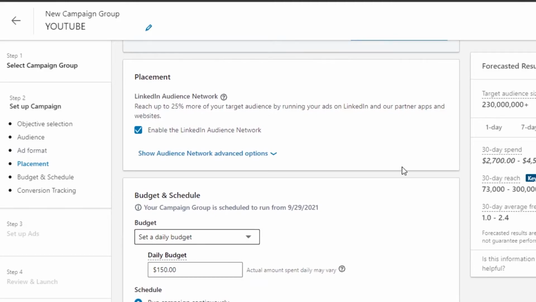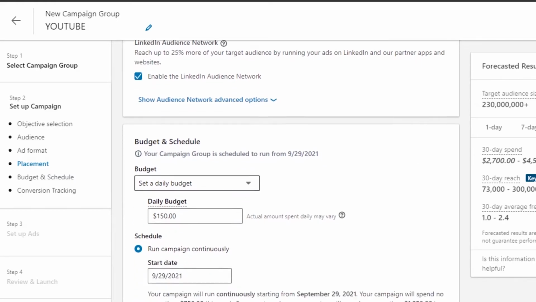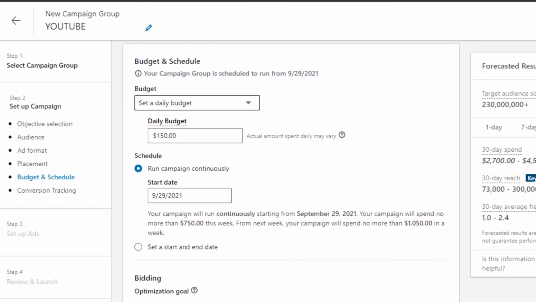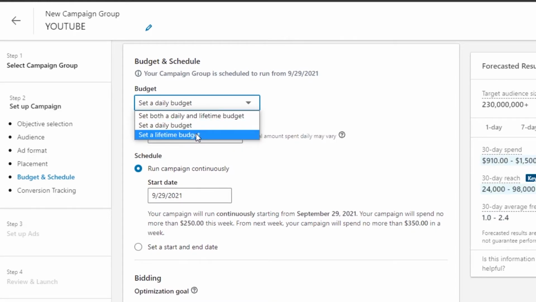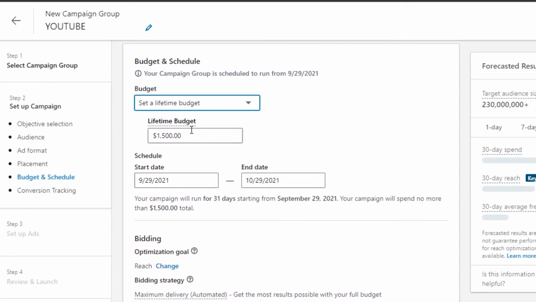Then there is placement, LinkedIn audience reach up to 25%. This is just for the placement options. Then the next option is budget and schedule. Now this is where you're gonna select your budget. If you have your daily budget of $150, no, it's not, that's too much. I'm going with maybe $50 per day,